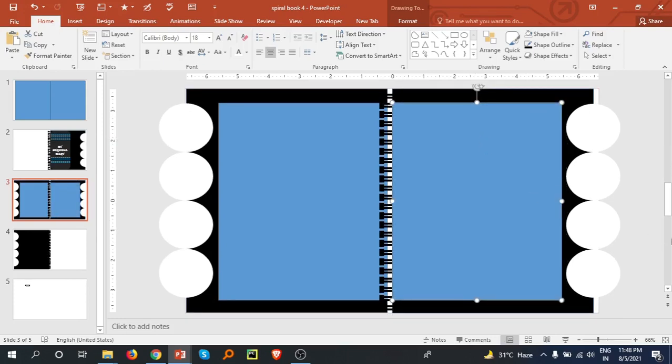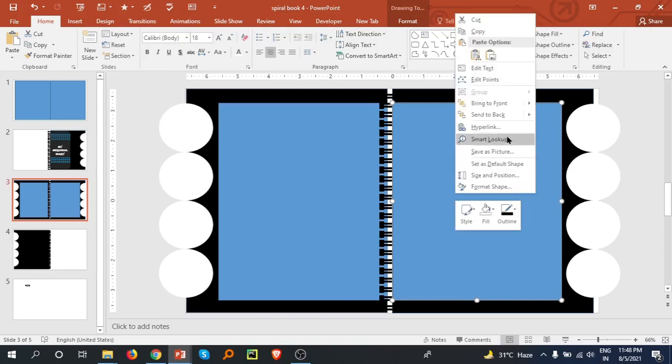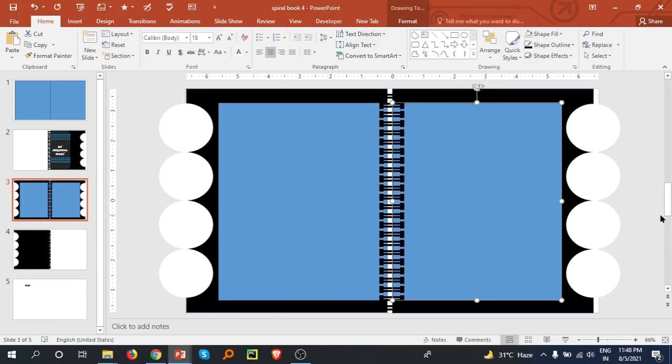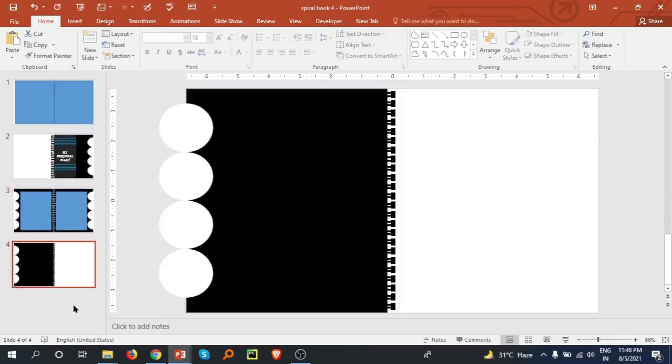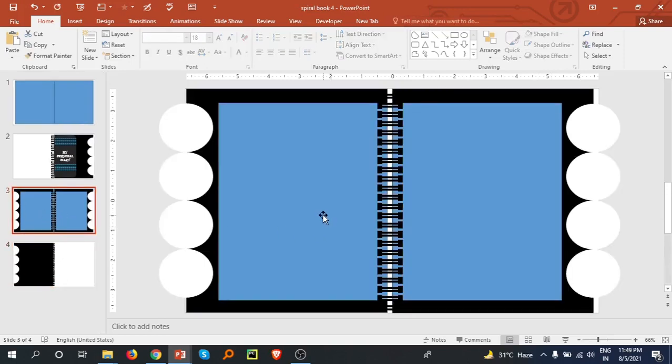Yeah, and send it to backward, right? So the spiral effect is coming in front, right? Select this one and adjust this a little bit, right? Okay, now I am deleting these five slides now. Okay,